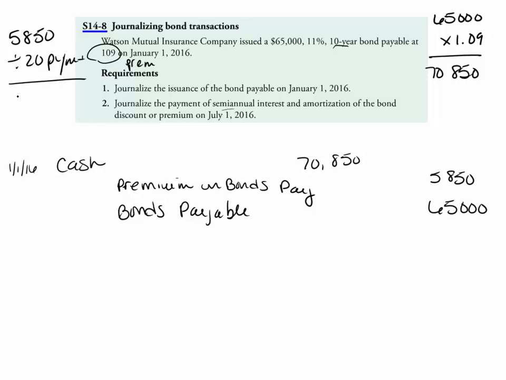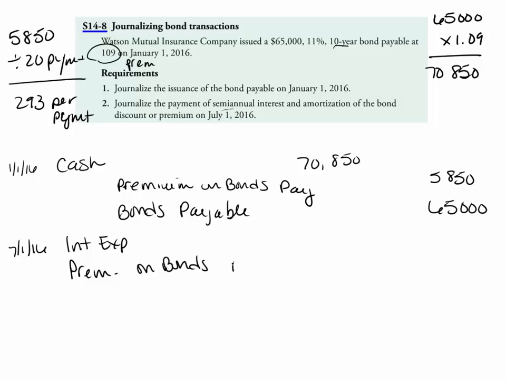And so that means the amortization is going to be $293 per payment. But it'll be the opposite of the discount. We started out with premium as a credit balance, and I'm going to chip away at that over the life, so that means I'm going to debit it each time I make an interest payment. So my first payment will be on July 1st, so I'm going to debit interest expense. I leave that here because that's my debit, but I'm going to fill in the amount later. So then I want to debit premium on bonds payable for this $293,